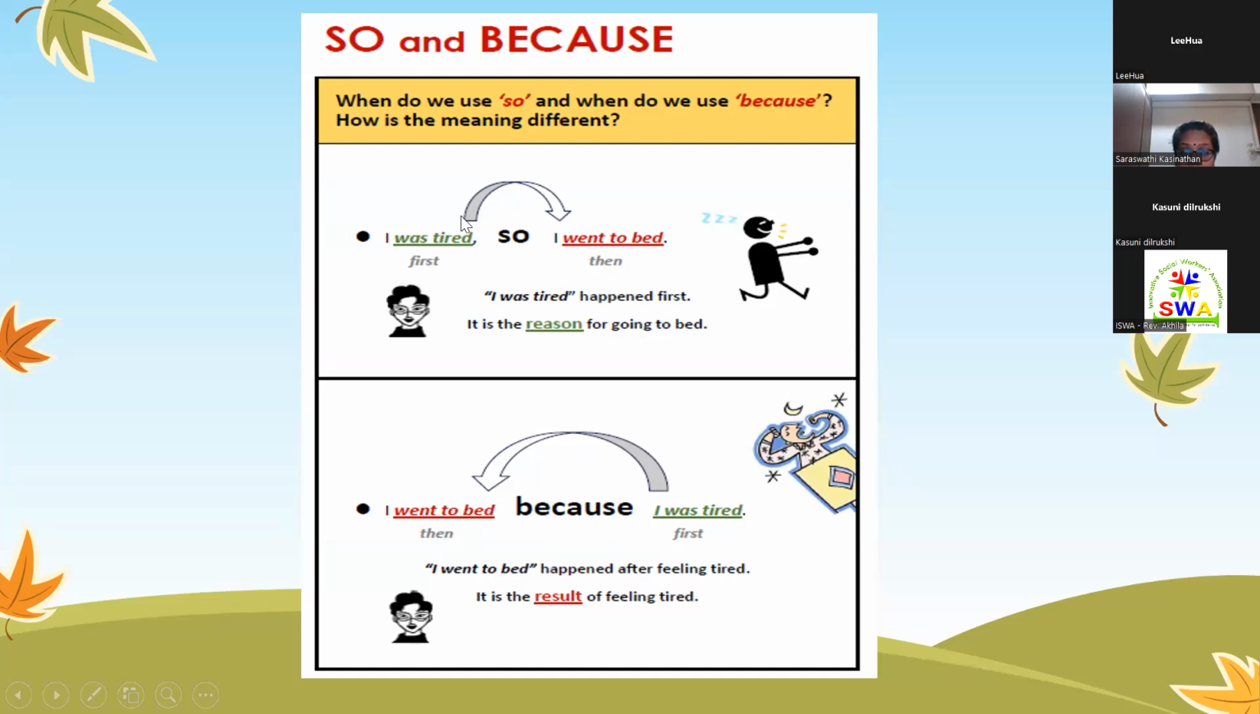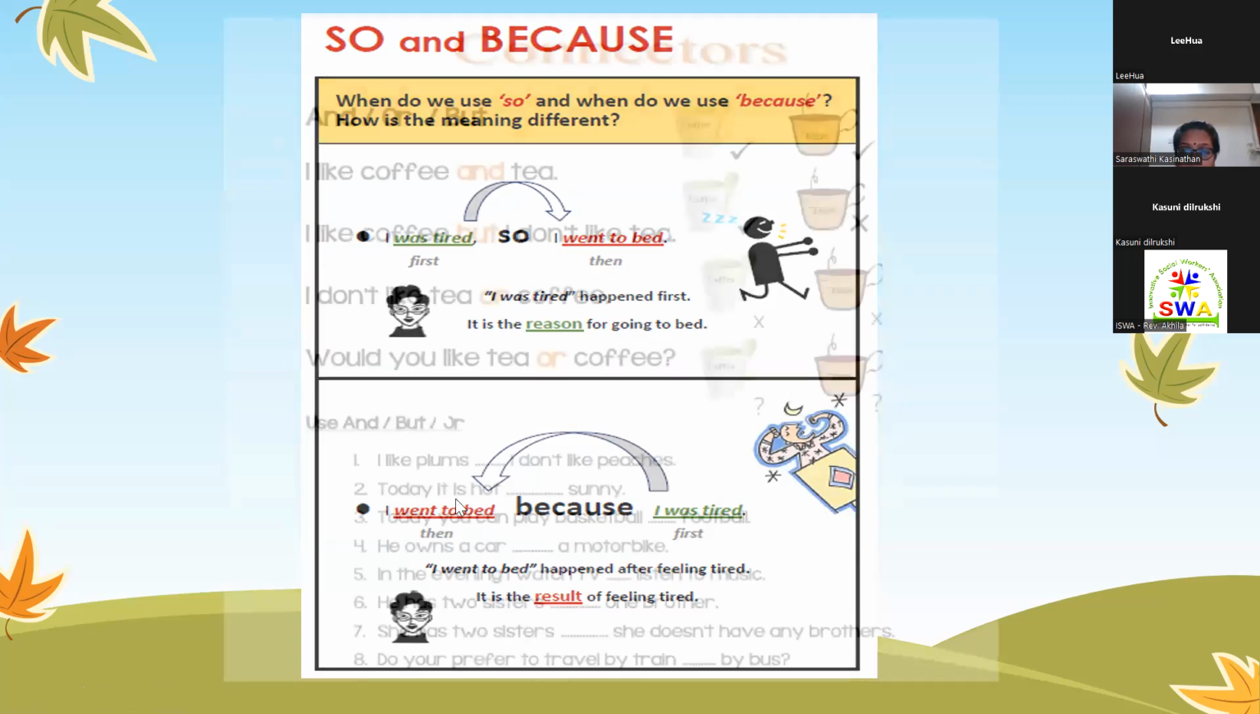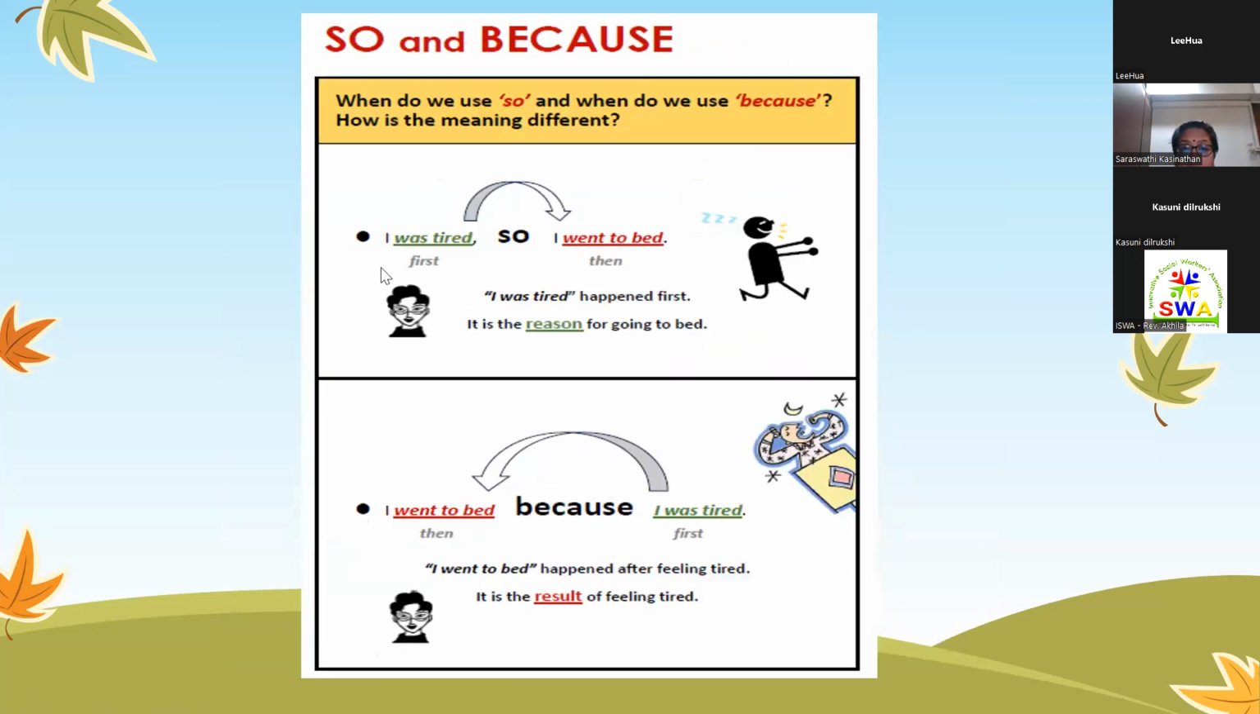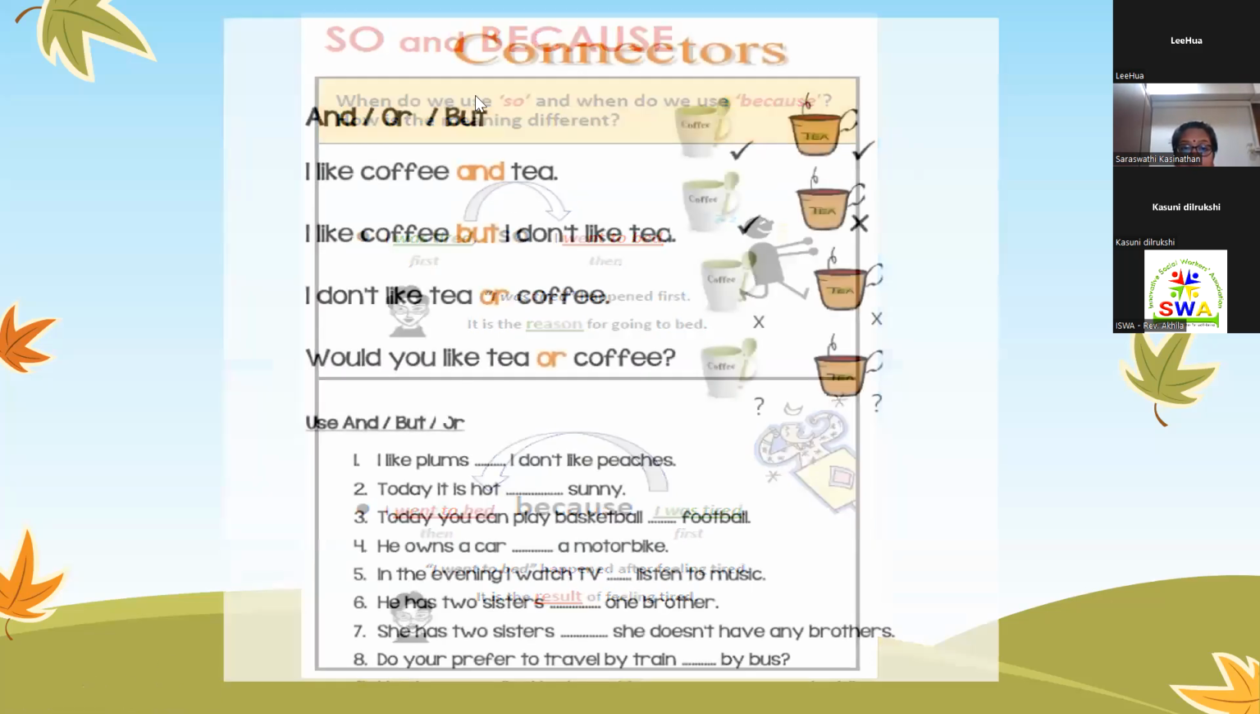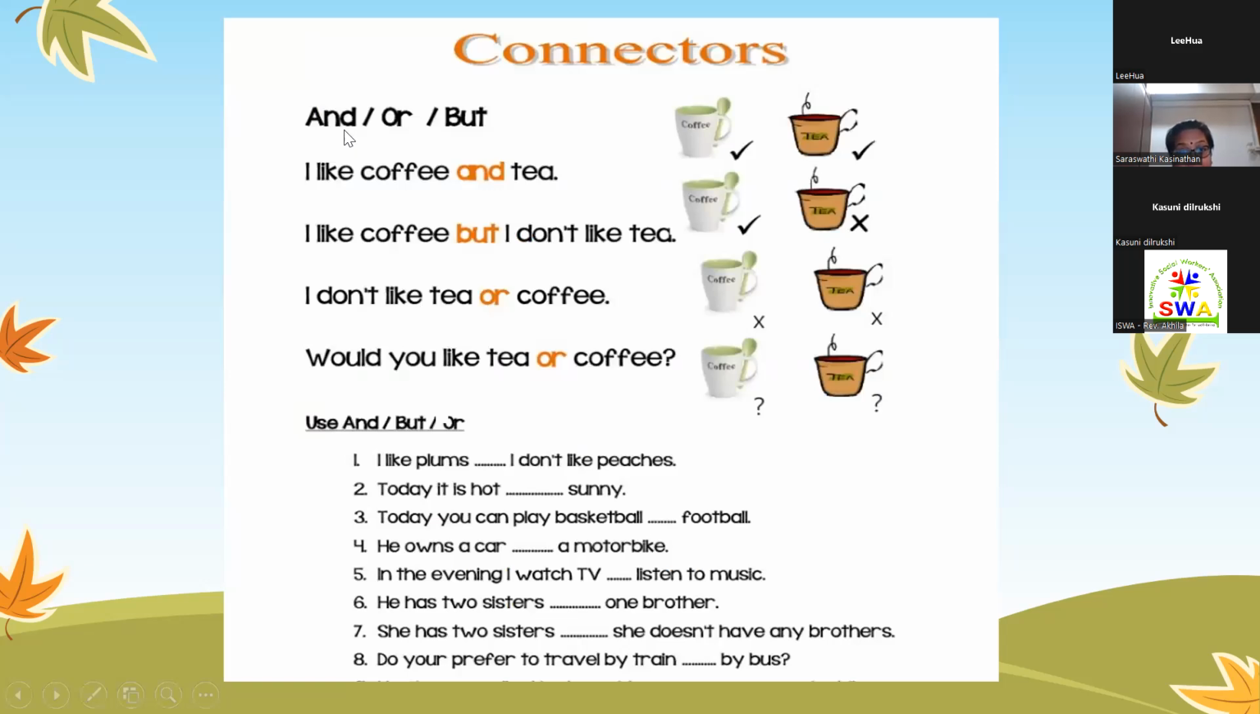So look at this. This one happened first, and then the action. Whereas here, because you're tired, you went to bed. So remember, one is the reason, one is the result, the action that followed. All right. Okay. And another few connectors are and, or, but. And is when you have two things that you would like to do or you like to have. I like coffee and tea. See? So both things are